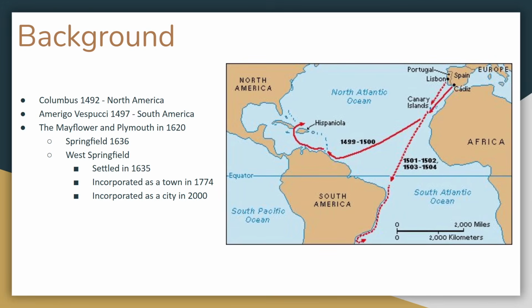I have a lot of stuff about West Springfield on here, which is an adjacent town to the west of Springfield, as I'm sure you can imagine, because that's where I was teaching at this time, and I thought the kids in that town would like to know a little bit more about where they live, but it's not huge in terms of wider American history, certainly not as much as Springfield. Springfield is where a lot of arms manufacture is going to be. Smith & Wesson just moved out of there. It's going to be a big deal in terms of industry in the north moving forward, so just keep that in mind.